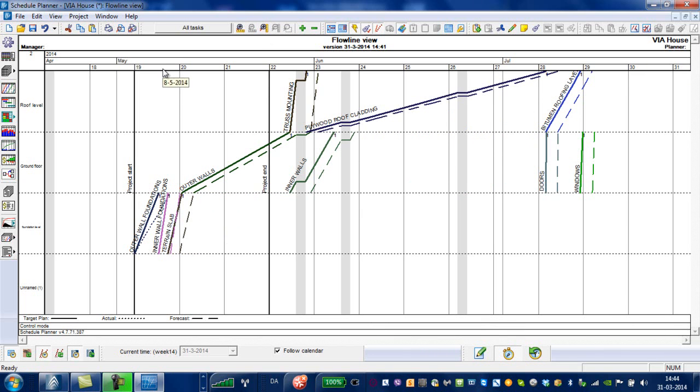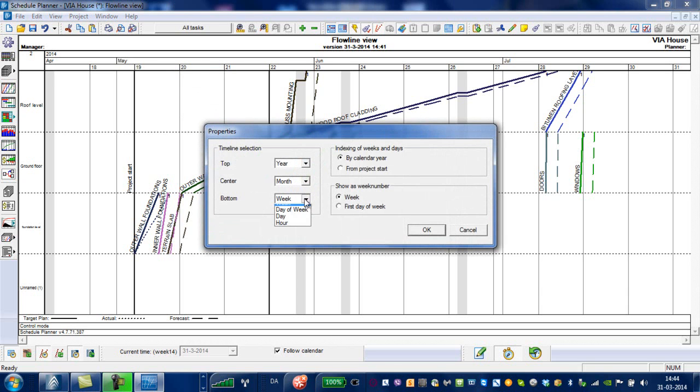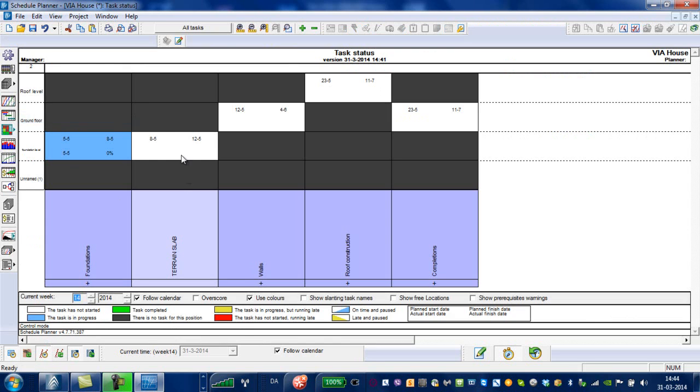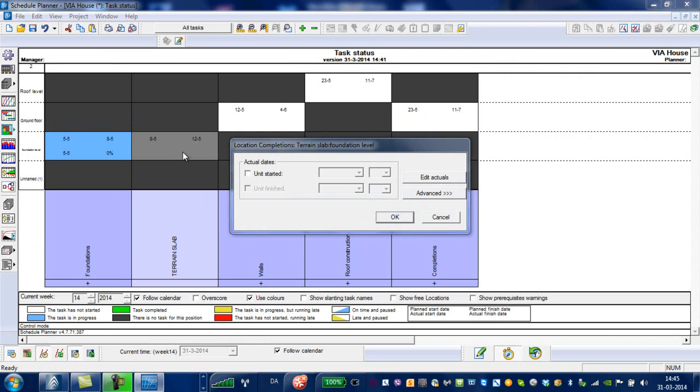Now, if you're wondering why this doesn't correspond to the date, click on here and use properties again and choose day instead, like that. And you can see that the follow-up is as described. We started there and we finished on the 8th, and therefore everything is slightly delayed. And we go on to the next in the same fashion. Click on here, and we can say, okay, it started on the 8th